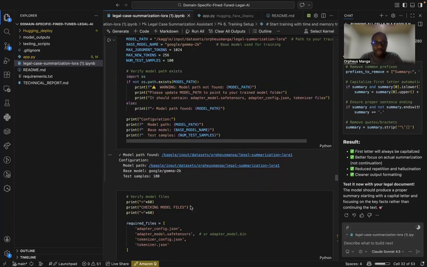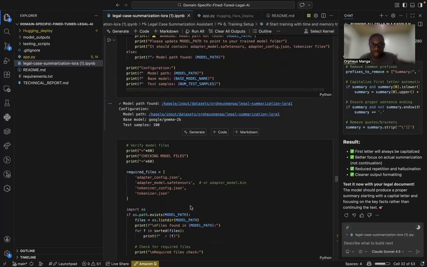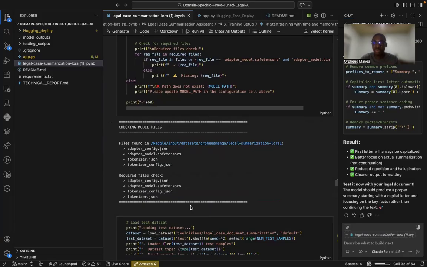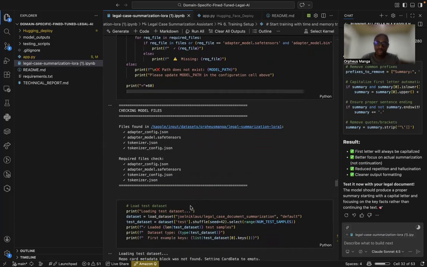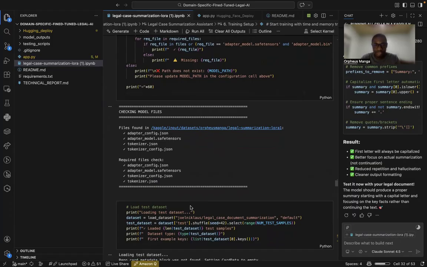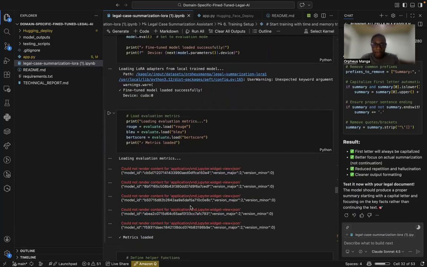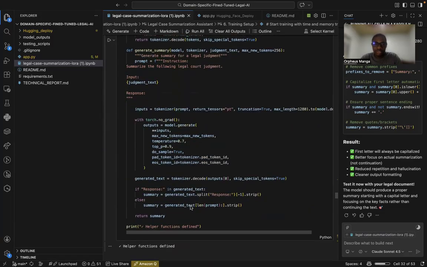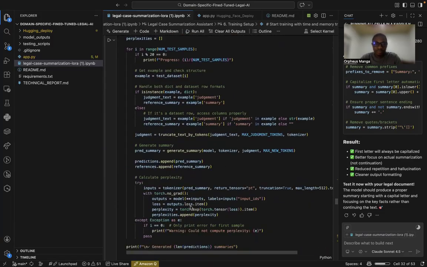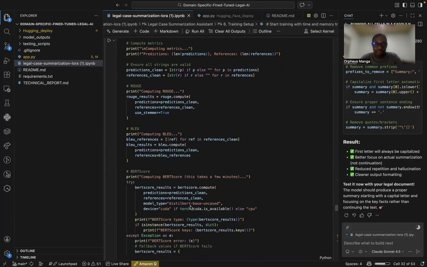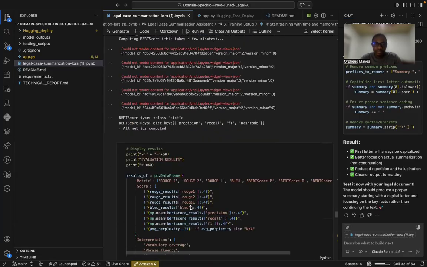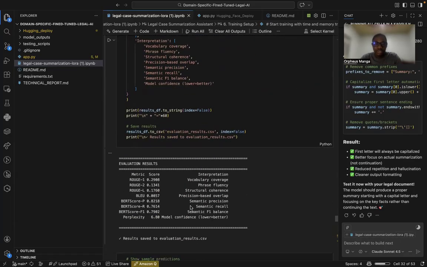But for the evaluation part, there's something that I need to show you. I evaluated my model with different evaluation techniques like ROUGE, BERT score, and Perplexity. So let's jump into the evaluation part. So as you can see, the ROUGE was